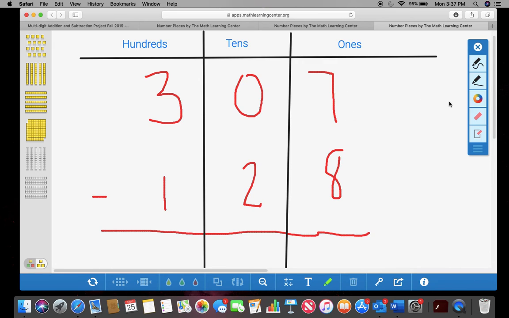So they would have to cross out the 7. But they jump to the tens spot and they realize they don't have any tens to borrow, so they can't regroup. Then they realize that they're going to have to jump to the hundreds place and take one of those hundreds and regroup it. So that's where they cross out the 3 and make that a 2, because now they only have 2 hundreds since they've given one